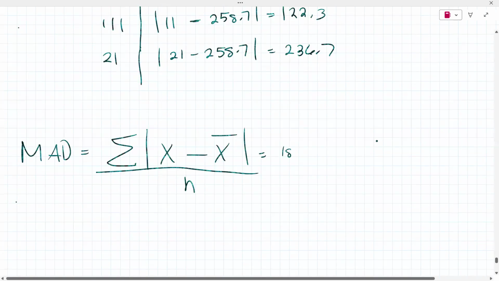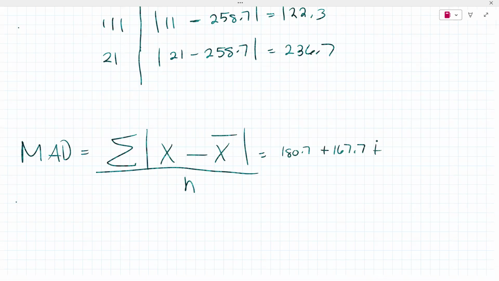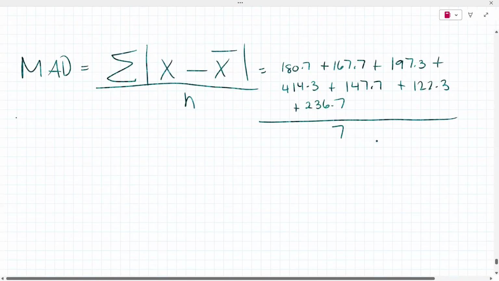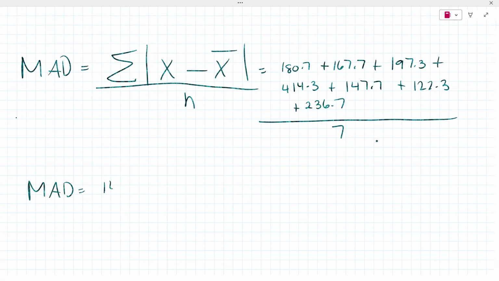So it's 180.7 plus 167.7 plus 197.3 plus 414.3 plus 147.7 plus 122.3 plus 236.7, all over 7. So your MAD is going to be 1466.7 over 7, which is